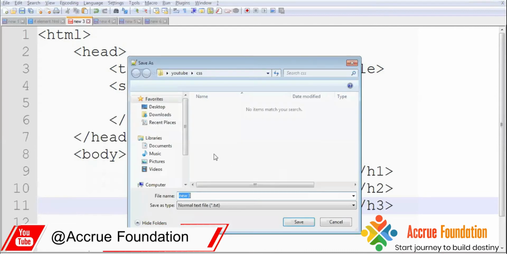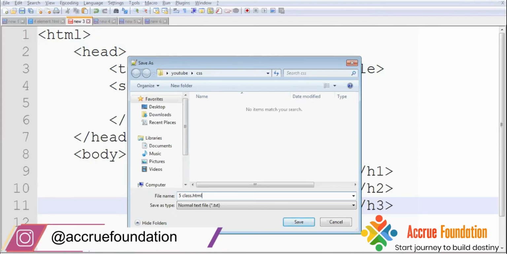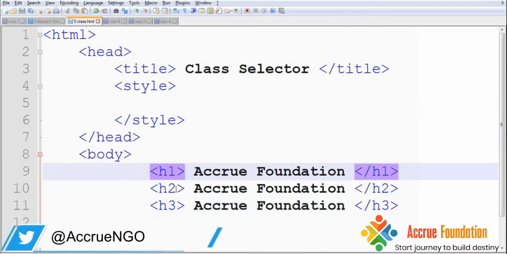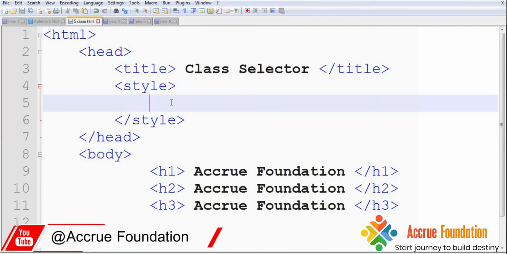Save this file. Class. So now you can see we have different types of elements, H1, H2, H3. Now I want to apply the same style for every element. For that purpose, we have to use the class selector.